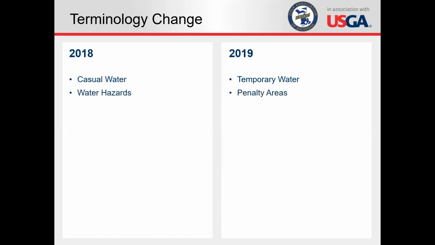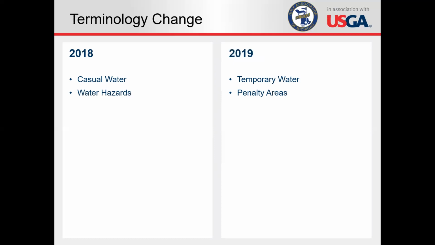Water hazards are gone and will be replaced with penalty areas. So penalty areas are going to be the same thing as water hazards, but there's going to be a little bit more leeway in terms of what golf courses or golf associations or tournament associations can define as these penalty areas. So in Michigan, you'll now see that a lot of the golf courses, maybe up north, that have the trees lined on each side of the hole,